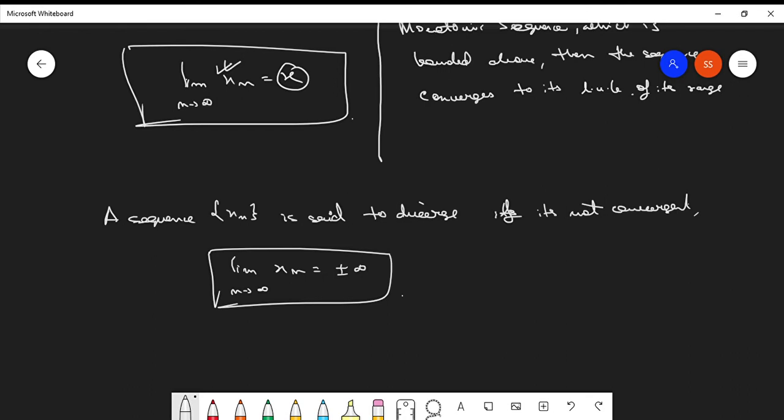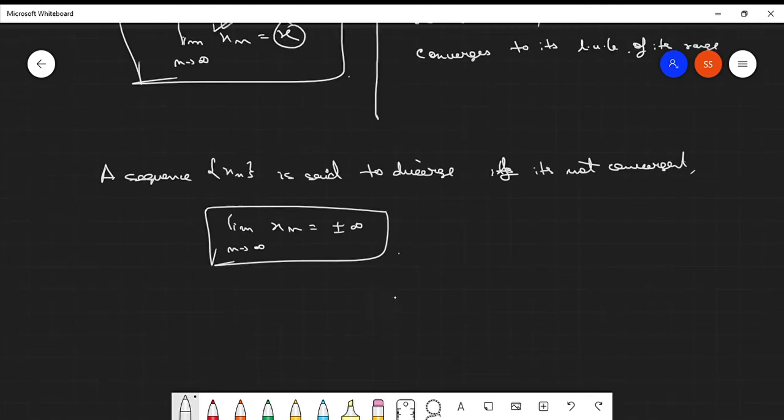So if you are ever asked to show whether a sequence is convergent or divergent, what you can do till now is find the nth element of the sequence and find its limit as n tends to infinity. If that's a finite number, then it's convergent, converging to that particular number. If it's divergent, then you will get the limit as plus or minus infinity. Clear? There are more ways to prove whether a sequence is converging or diverging. We will come to that later. First, this is the simplest portion.